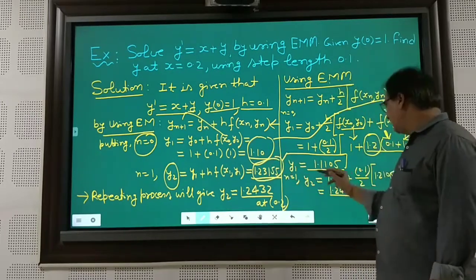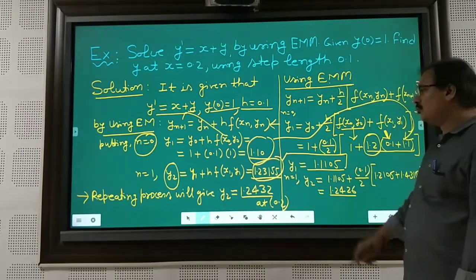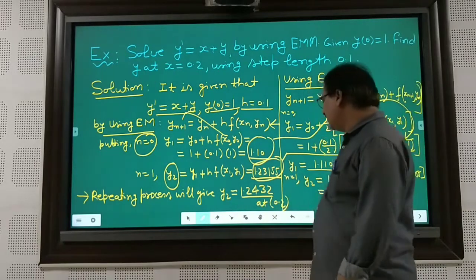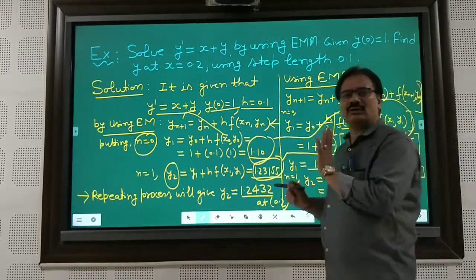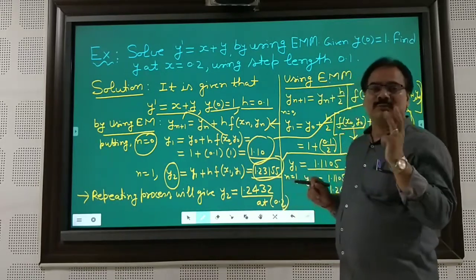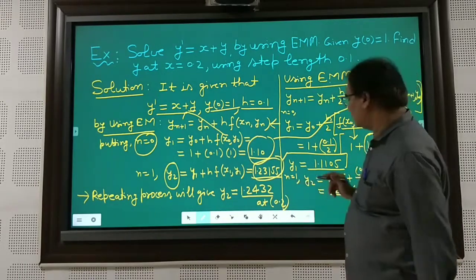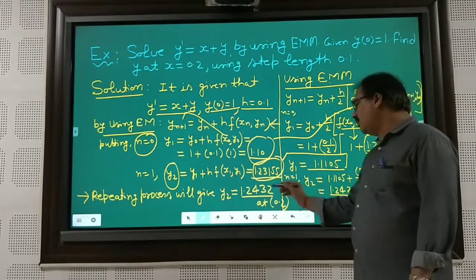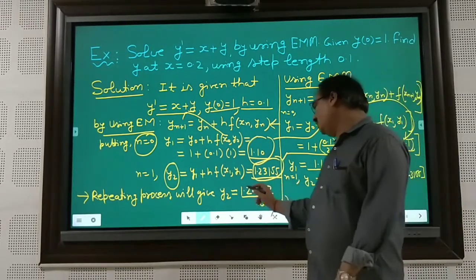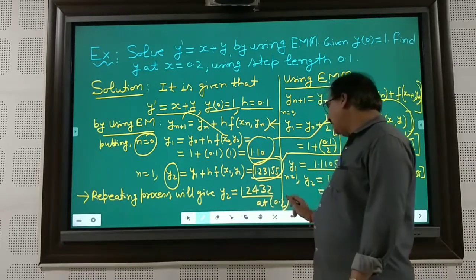So by using this you will get 1.2426. Repeating this process till the convergence. Convergence is not given in the problem, but you may suppose up to 3 decimal places. It means if the convergence is there, then you can declare your answer, that is y2 is 1.2432